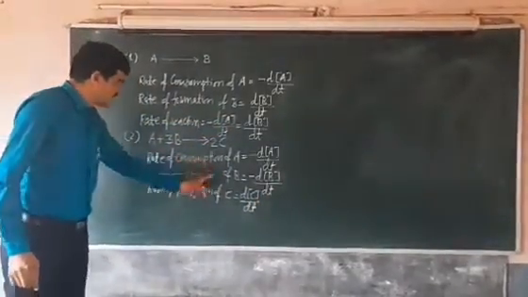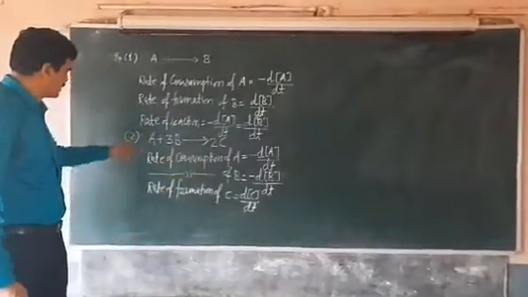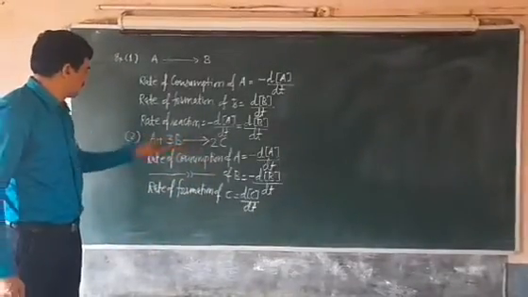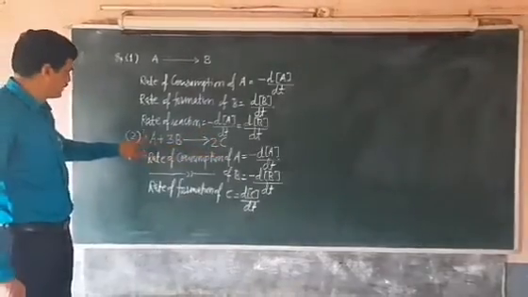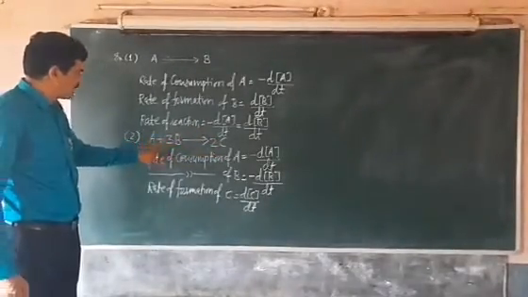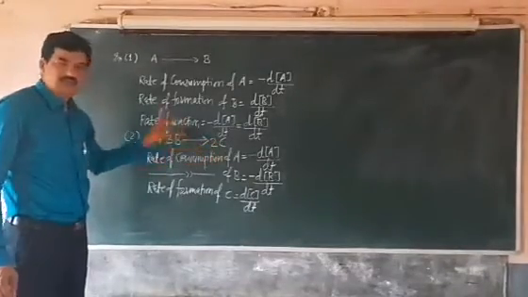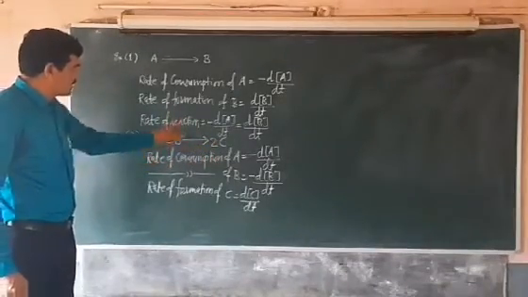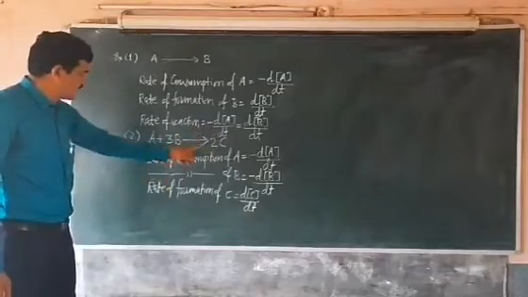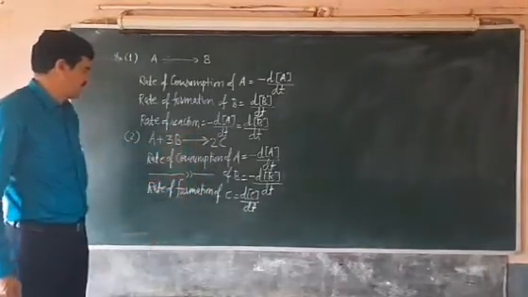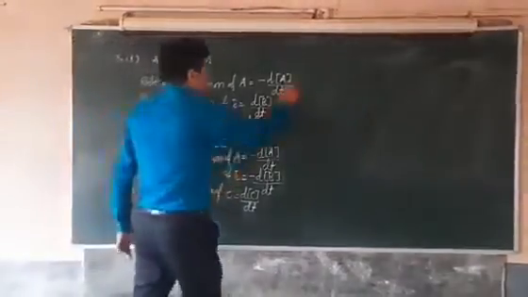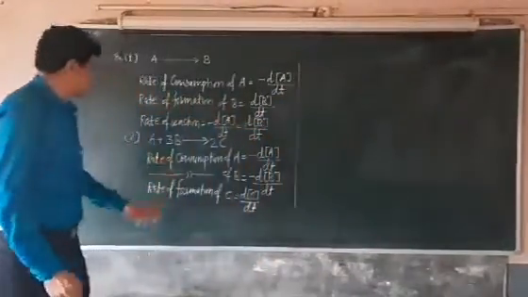But here all these three rates will not be equal, because here the stoichiometric coefficients of the reactants and products are unequal. Coefficient of A is 1, coefficient of B is 3, and the coefficient of C is 2. These coefficients are unequal, and therefore these rates of consumption and rates of formation are not equal. In such case,